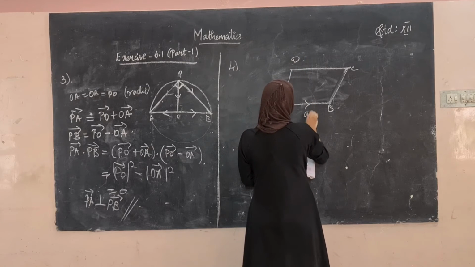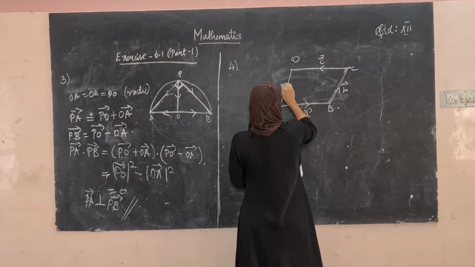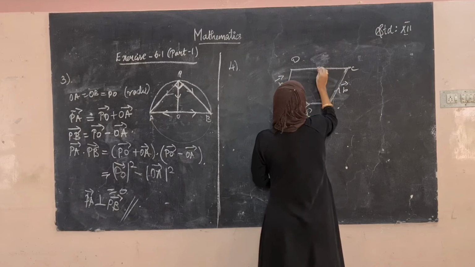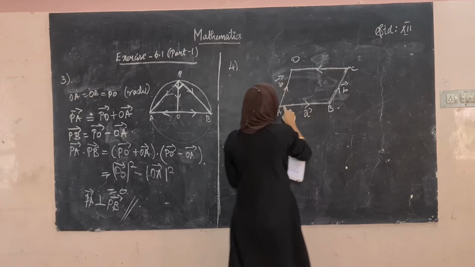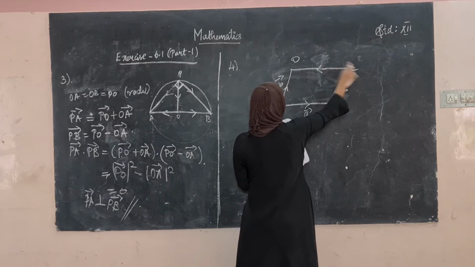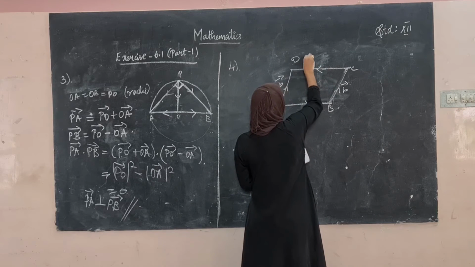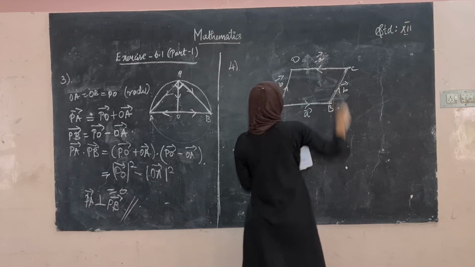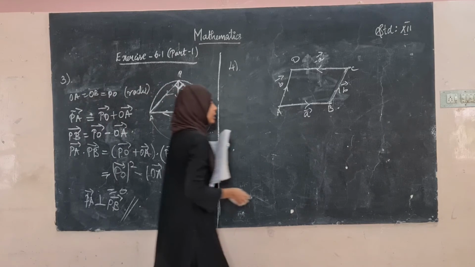Okay, so let this be A vector, this be B vector, and let this be also B vector. So see, it's not C vector, it is also A vector, because for the rhombus opposite sides are equal, right? So AB is equal to DC and BC is equal to AD. Therefore, if we write like this, it will also be equal to A vector. But here, the direction is like this. Therefore, we are taking it as minus A vector. The direction is opposite. Therefore, we are taking this vector as minus A vector.